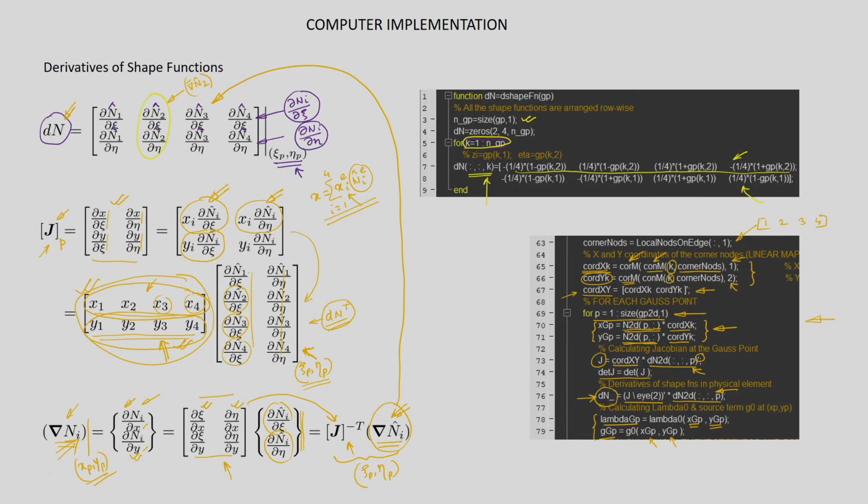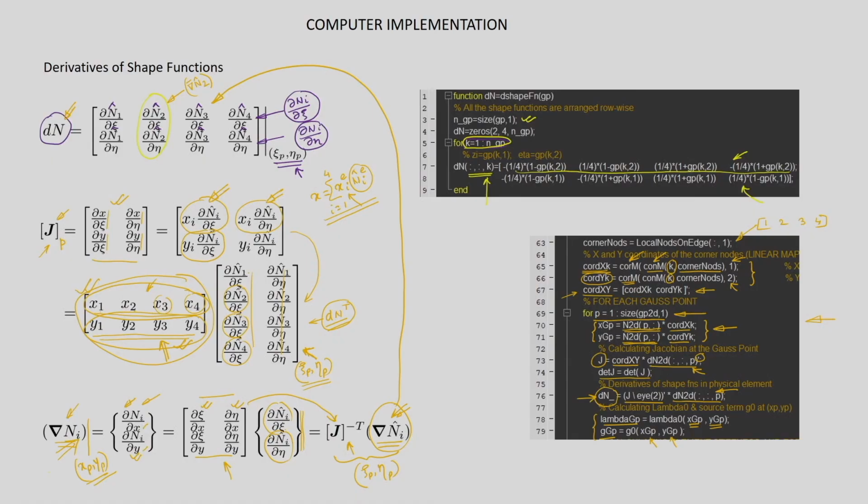Let us discuss the development of a computer program for solving the steady state heat conduction problem in 2 dimensions using the finite element method. Earlier we discussed how to store the mesh information and calculate the shape functions and their derivatives at the Gauss points, and also how to calculate the Jacobian. Using that Jacobian, we discussed how to calculate the gradient of Ni in the physical element from the gradient of Ni hat in the master element.